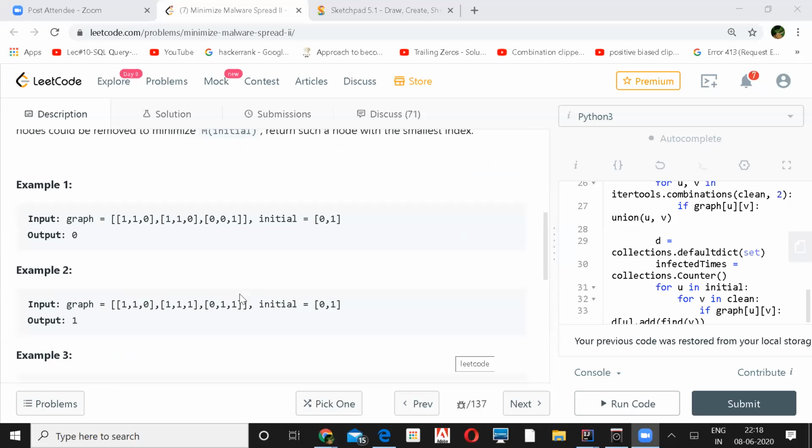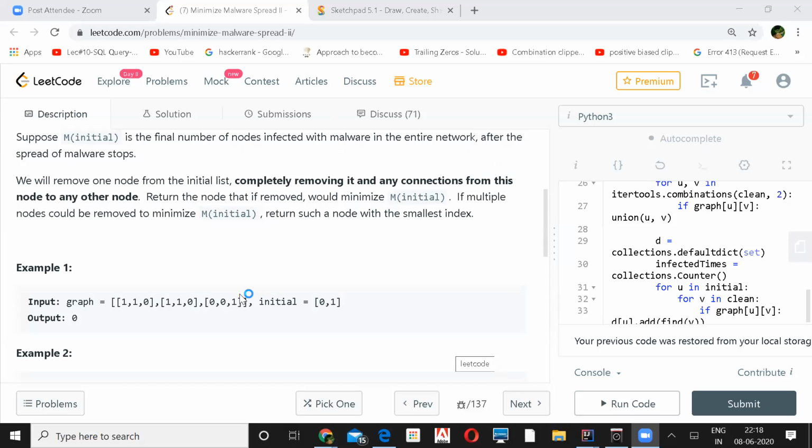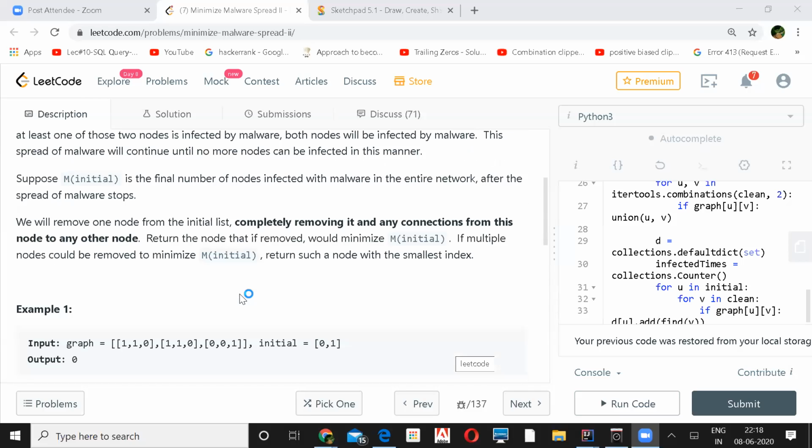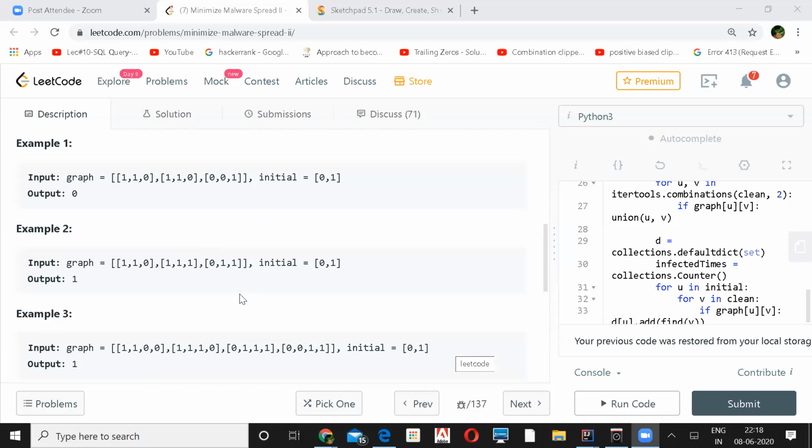So what is the approach in this, how do you proceed? In the second example, you said if node 1 is used, because 1 is connected to many nodes, then if you remove 1 from that list it will have the least impact.